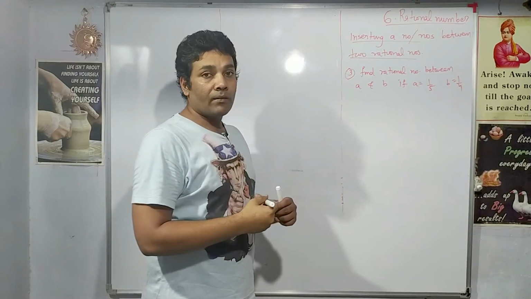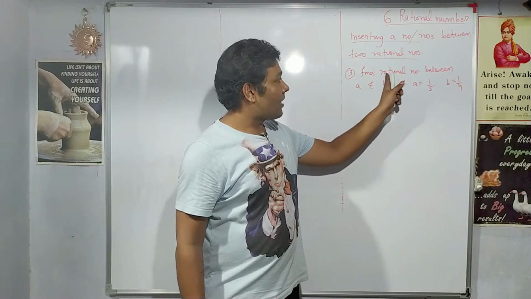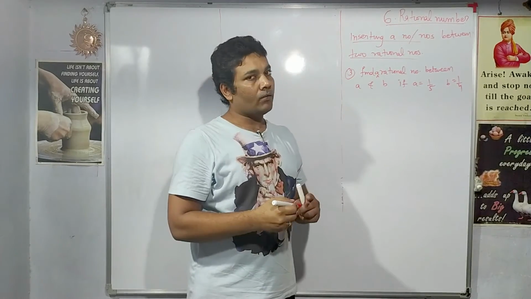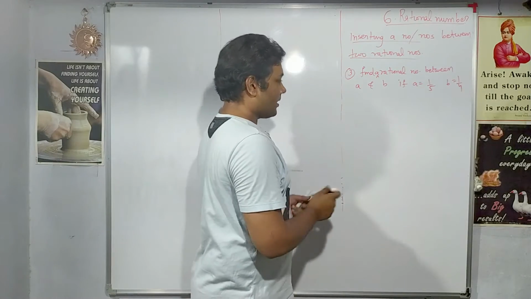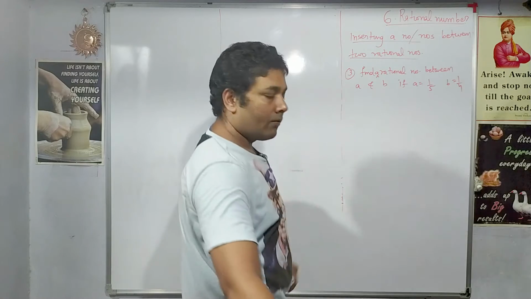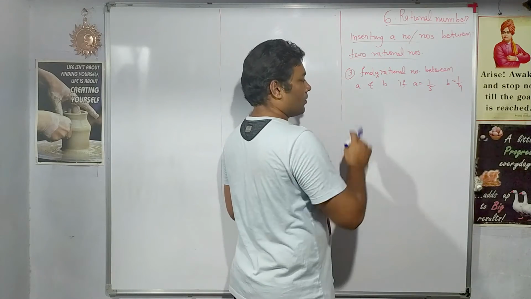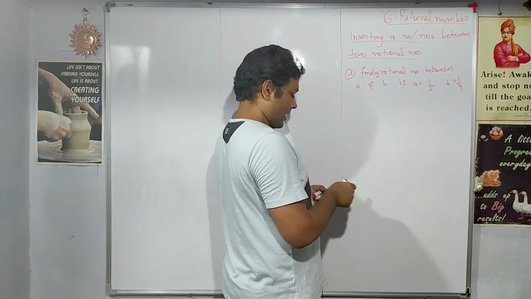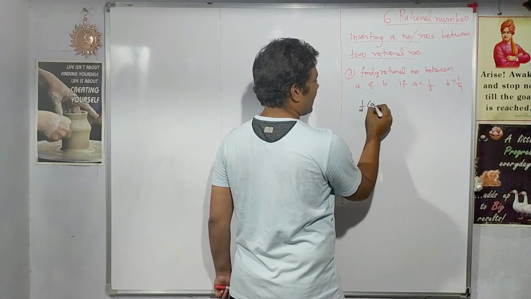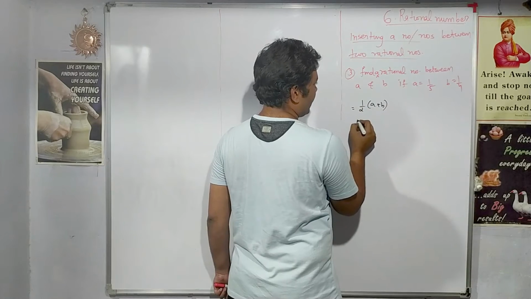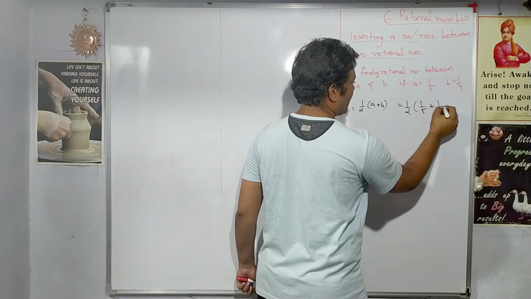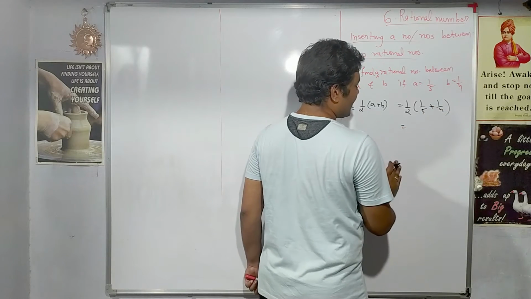Now here how many numbers do we have to insert? Find a rational number. A rational number means only one number they are asking. So let us insert. Which method will we use? Simple, method number 2 we will use. It will be simple here. So no need to specify that we are using method 2. We can directly solve. So half of a plus b. So that will be half of 1 by 5 plus 1 by 4. What will be the LCM?